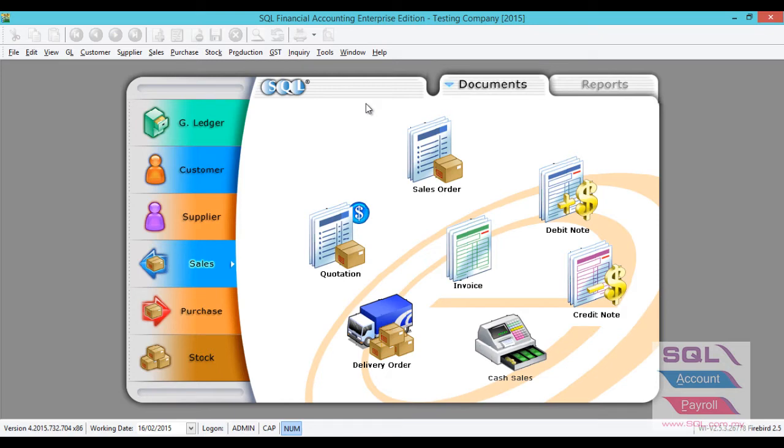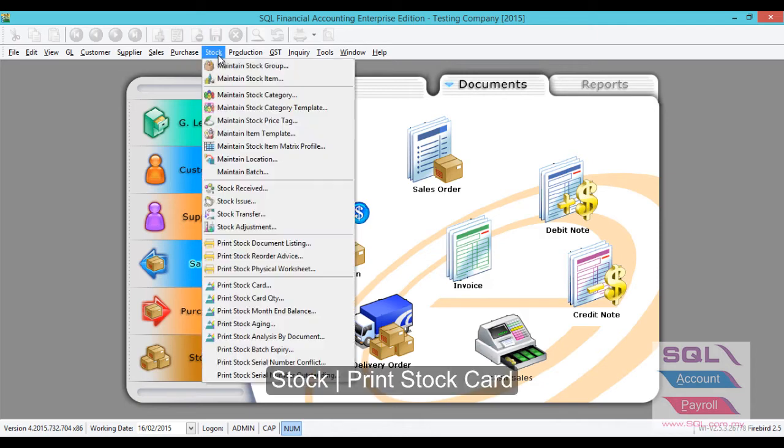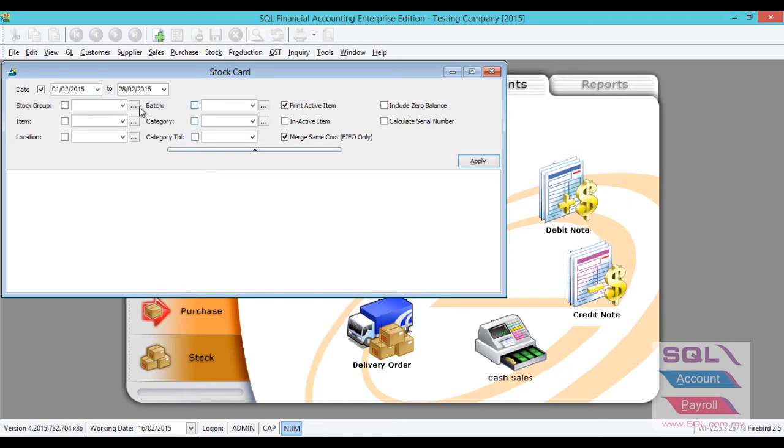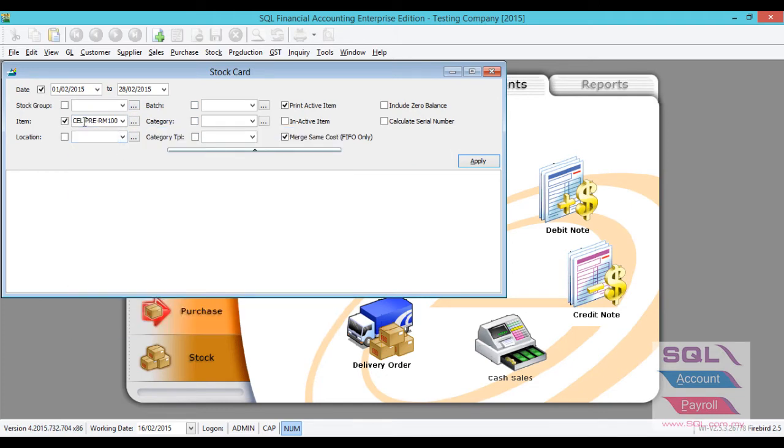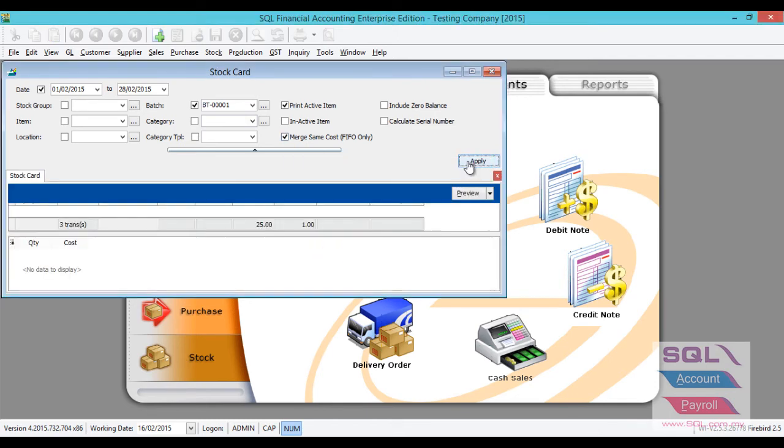Now we will move to reports. You have three reports that is related with batch. First is the stock card. Click on Stock and Print Stock Card. Then you can select your item, or you can select your batch. If you did not specifically select your batch, it will display all your existing batch. Then you click on the Preview button,